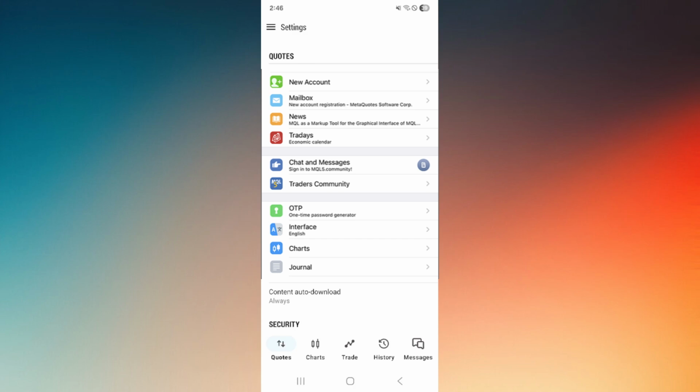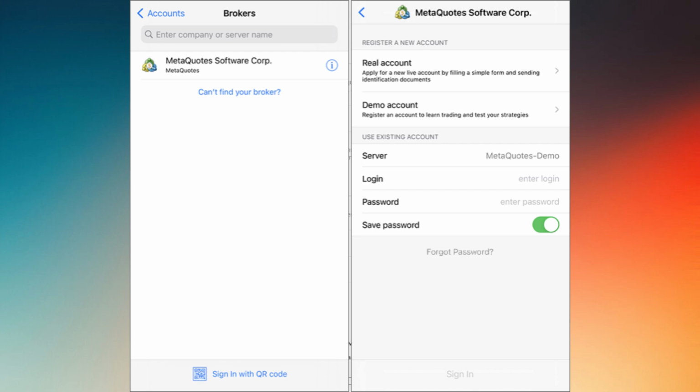New Account, and then on the next page, just simply search and look for Exness. Hit on Exness Brokers after searching it, and then you will be asked to input your Exness password. And from there, once you hit Confirm, you should be able to connect your Exness account into